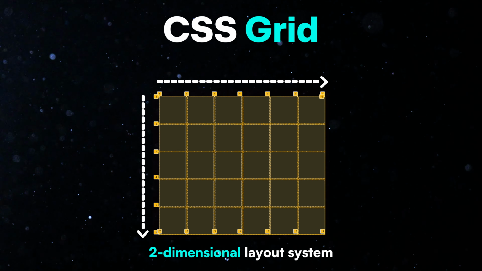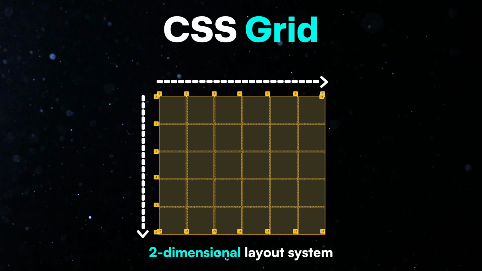To fix this, we can use the minmax function. With minmax, you set a minimum and maximum size for each column. The first value is the minimum width. The second value is the maximum width, which we set to 1fr so the columns can grow. When combined with auto-fit, this creates as many columns as possible, each starting at 200 pixels but growing if there's